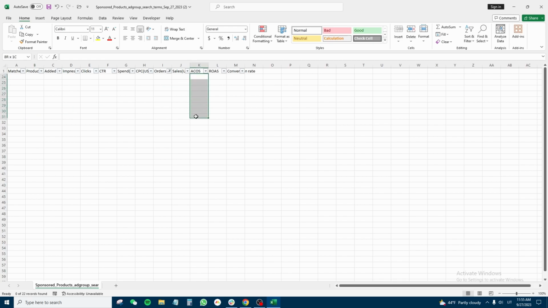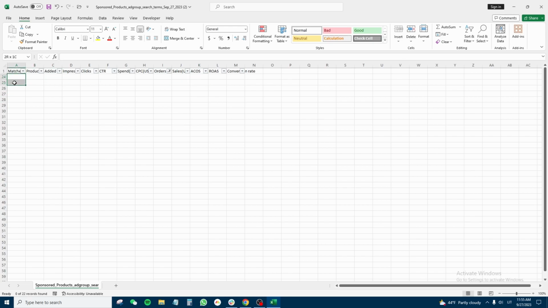So anything that has lower ACOS than your break-even profit margin. You should know what your break-even ACOS is. So any search term that is bringing in sales at lower than your break-even ACOS,